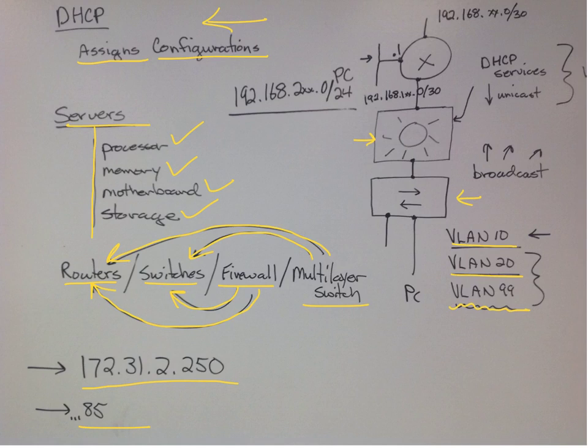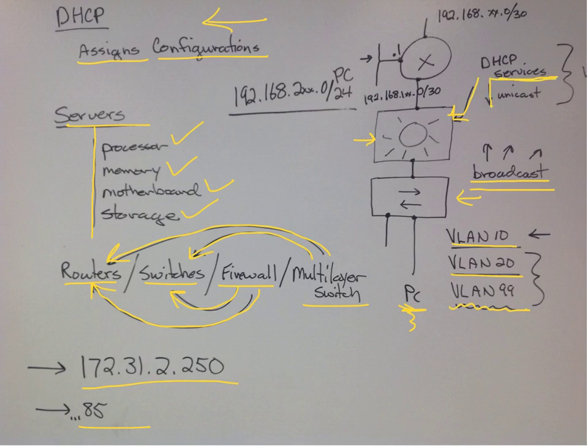And so this PC needs an address, so it sends a broadcast, and we can have DHCP set up in the multi-layered switch, DHCP services. So it looks for a DHCP server, sends a broadcast,